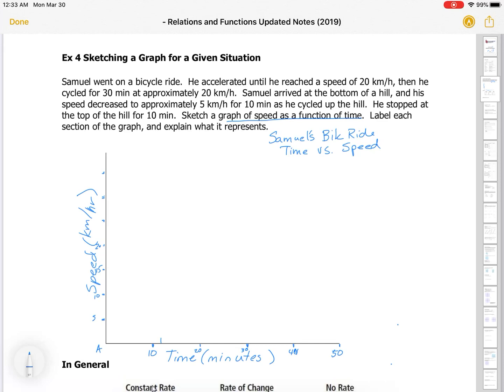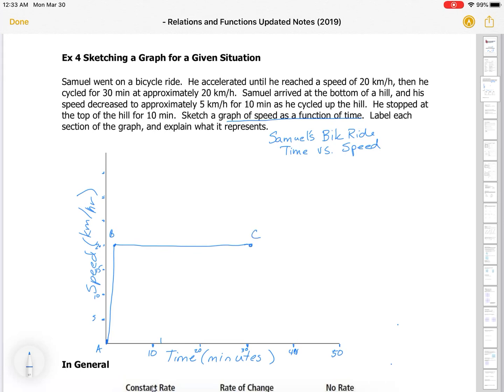So first it says he accelerated till he reached a speed of 20 kilometers per hour. Then he cycled for 30 minutes at approximately 20 kilometers per hour. So very quickly he accelerated till he got to 20 kilometers per hour. We don't know exactly how long it took him. So that's our first step. So this is B. Then it says he cycled for 30 minutes at approximately 20 kilometers per hour. So at approximately 30 minutes,